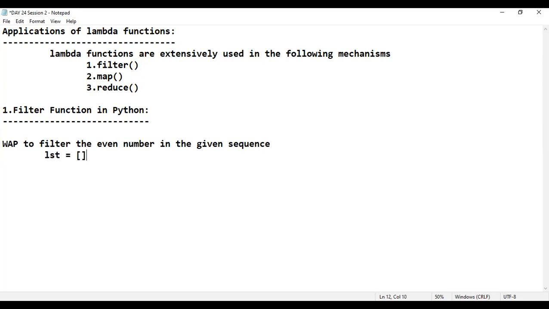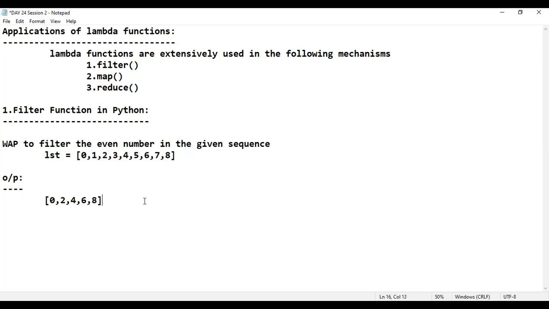Within this, I'll consider the data to be 0, 1, 2, 3, 4, 5, 6, 7, 8. Please tell me, 0 is a positive number? Sir, is that an even number? Yes or no? Don't you think 100% 0 is an even number? Correct, right? And now what they're expecting as the output, the output should be in this manner: 0, 2, 4, 6, 8. That's the output they're expecting.